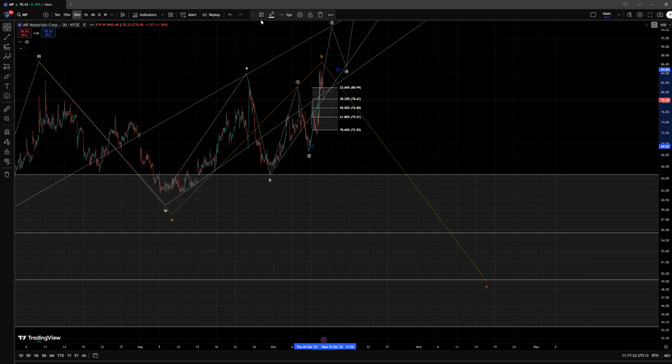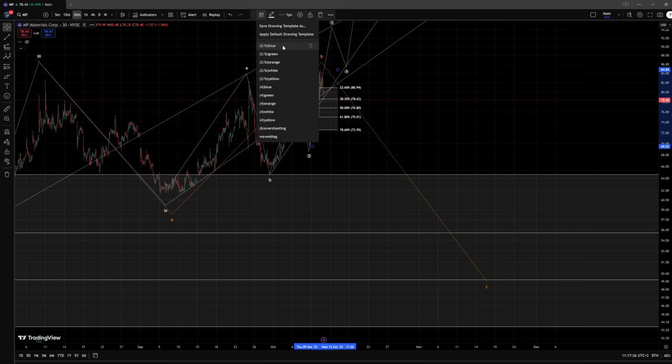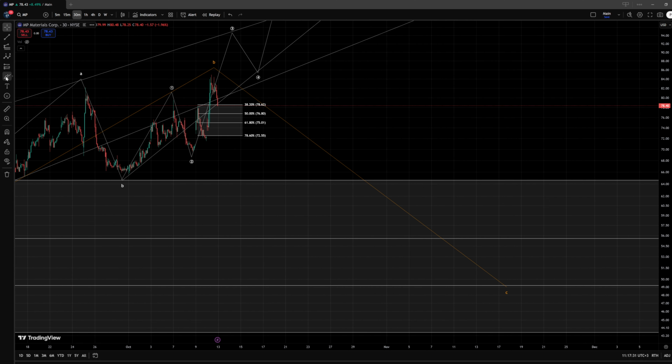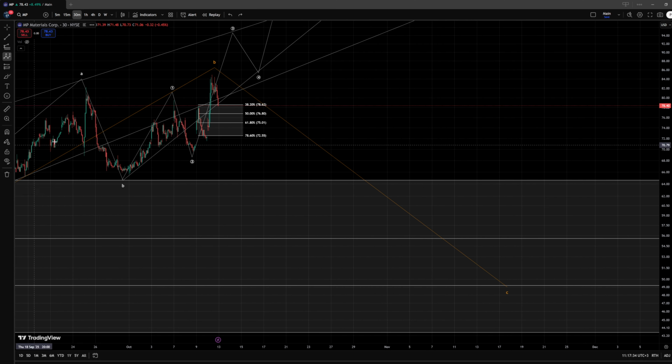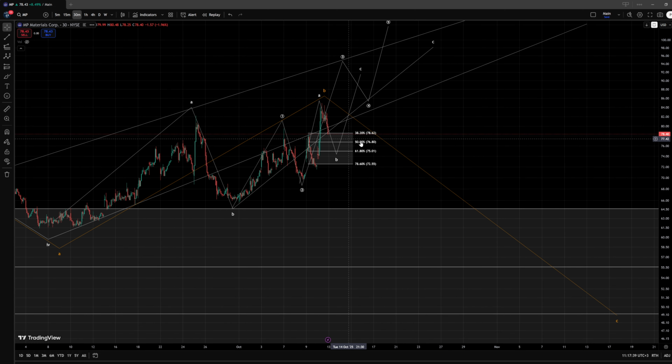So it is a bit difficult to get a very clear and small area of support. I would basically focus generally here on this pattern, that this could be an ABC structure to the upside, because it would encompass all the support zones that would be relevant, and we did already reach it. So for me, breaking the $71.5 level, which is even below the 78.6% retracement, would be a first great